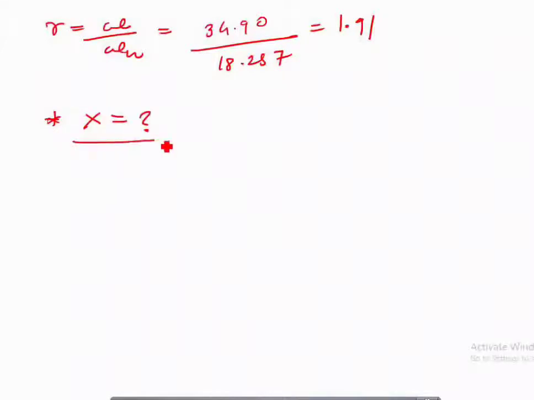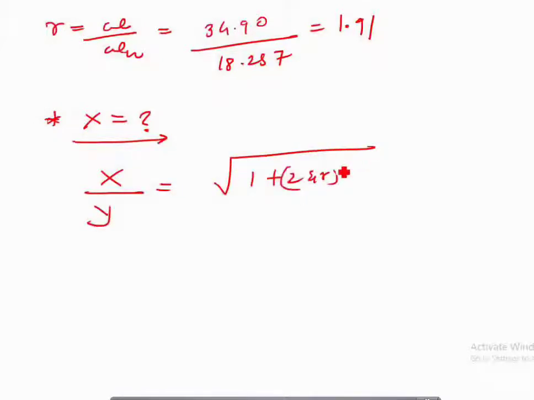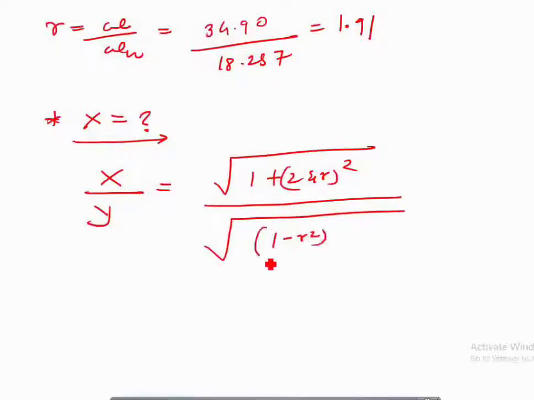So what is x? X is nothing but the steady state amplitude of a car, or displacement amplitude of a car, or we can also call it the amplitude of a mass or a body. You can also call it the amplitude which is produced due to the support excitation or the base excitation. So that becomes x upon y is equal to the same formula: square root of [1 plus (2 zeta r) square] divided by square root of [(1 minus r square) square plus (2 zeta r) square].